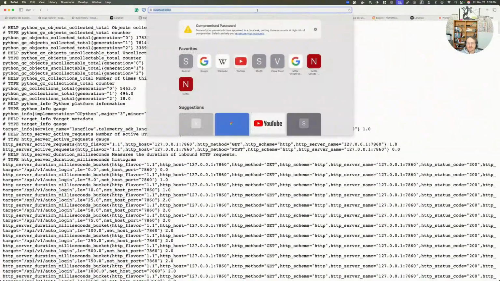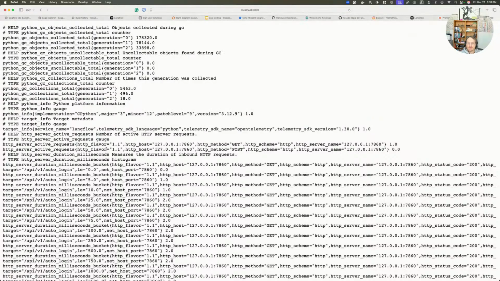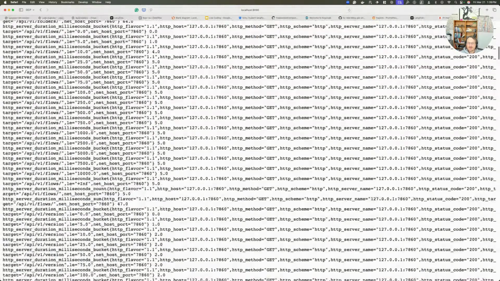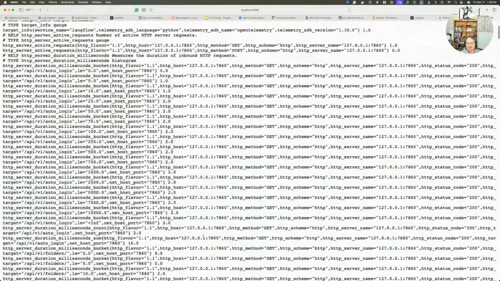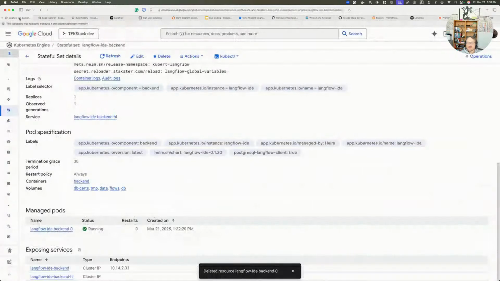So the setup is fine. I think it's correct now. It's on the route. You don't need to specify any route. The instrumentation works because we see it here. So I want to see if there's any difference in our cloud setup. So this is another kind of environment parity issue where we